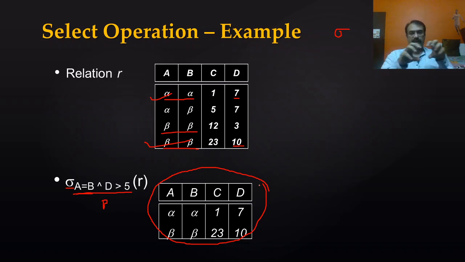So thus select, what we are saying here, select from R which satisfy this predicate. So the general form of this is select from relation R which satisfy these conditions, and this will be the output of it. Okay, I don't think it is very difficult to understand. So thus select operation is used to apply a condition and select those rows which are satisfying the predicate. Fine.